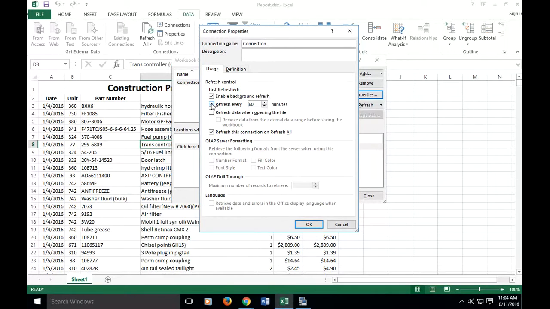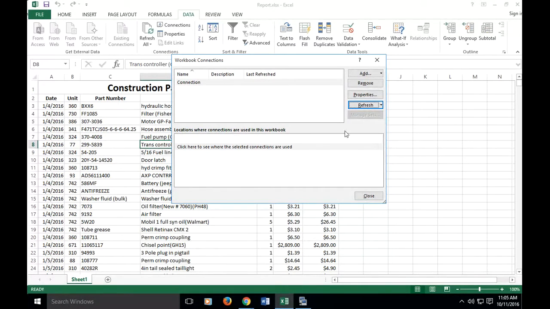Something you can have it do is you can checkbox here and have it refresh on a repeated basis. So every 60 minutes or every 5 minutes or whatever, whenever you think that data needs to be refreshed, according to what page you're pulling it from. Or you can click here and have it refresh when you open the file. That's the most common because you don't want it changing data while you're working on the thing, I don't think. Generally, you just want the freshest data as of the moment that you're working with your spreadsheet. So if you checkbox this, that will automatically refresh that data when you open that spreadsheet,